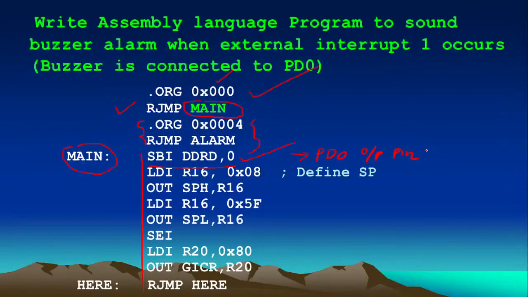Because we have connected the buzzer there and we want to turn this buzzer on whenever an interrupt is generated. That's why we are defining the direction of the PD0 pin.